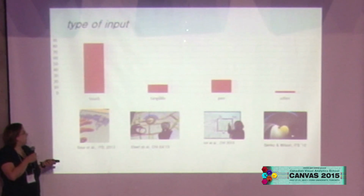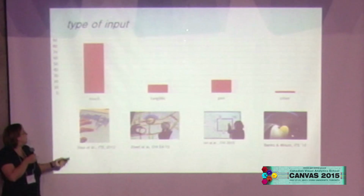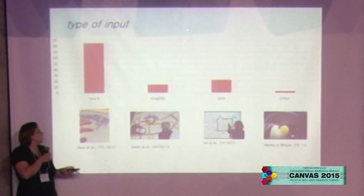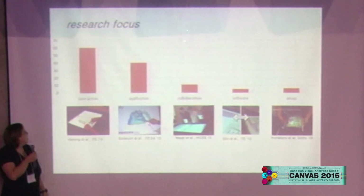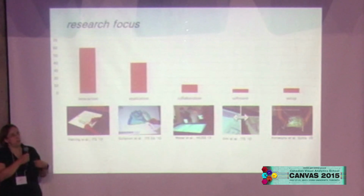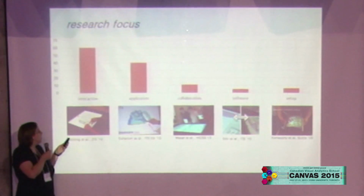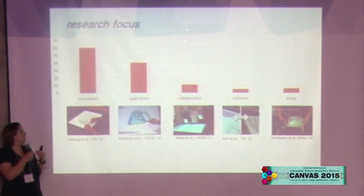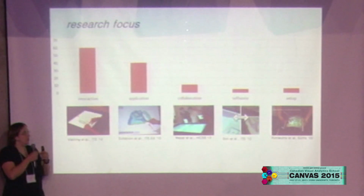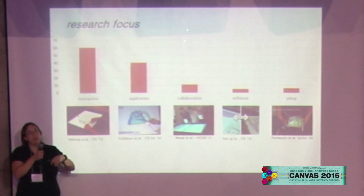In terms of input modalities, most people are looking at touch. So most papers looked at touch, really big difference. Not as much on tangibles, pens, and other types of input. The types of focus or main contribution of these papers were mostly on interaction. That means people were proposing new types of gestures or different types of widgets for interaction, for example. The second most common was application. So people were actually proposing,